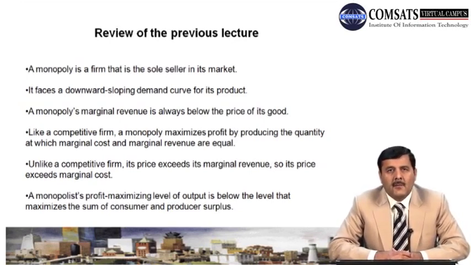Basically what we learned about monopoly: a monopoly is a firm that is the sole seller of the product in the market, and it faces a downward sloping demand curve that shows the inverse relationship between price and demand of the product. A monopoly's marginal revenue is always below the price of the product. So like a competitive firm, a monopoly maximizes profit by producing the quantity at which marginal revenue is equal to